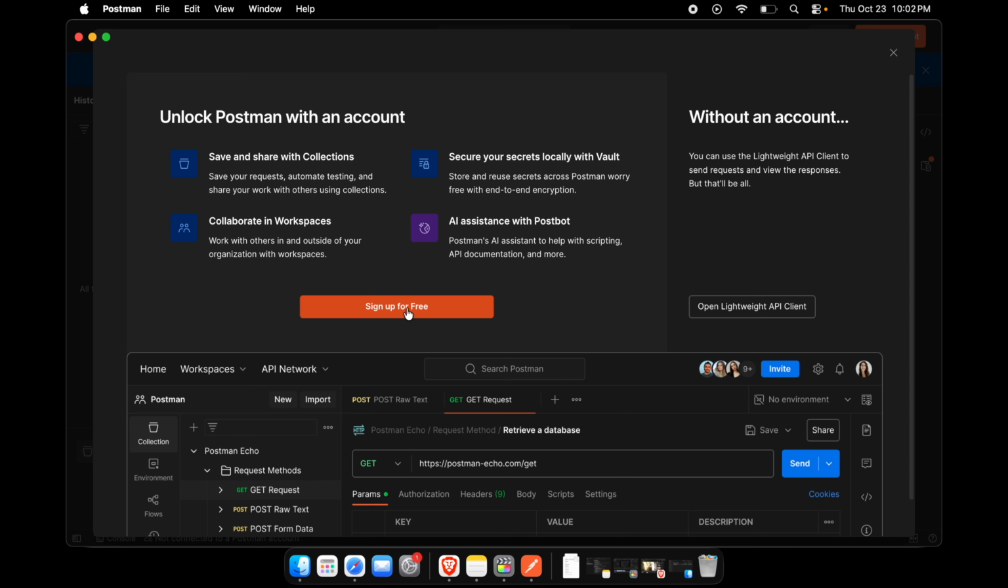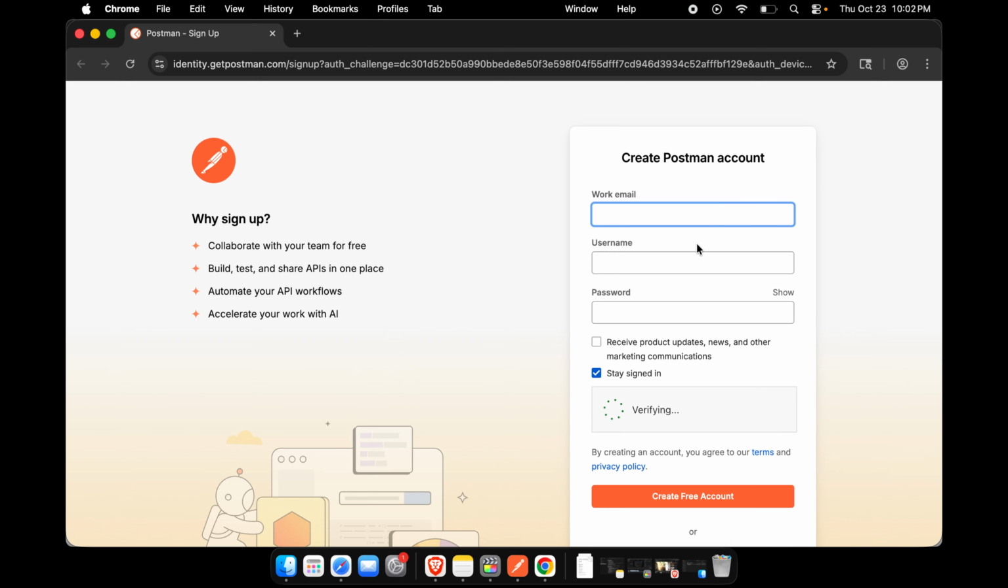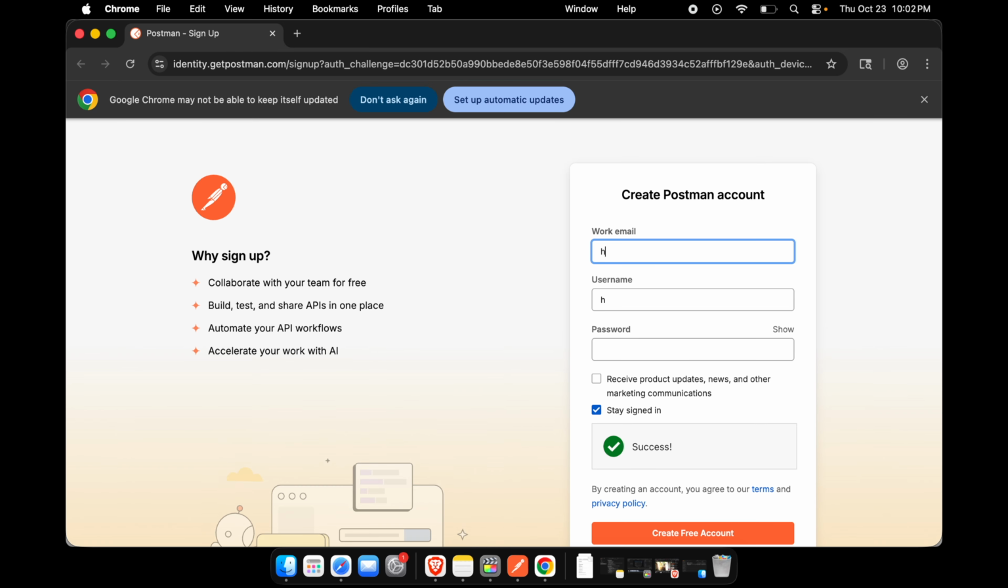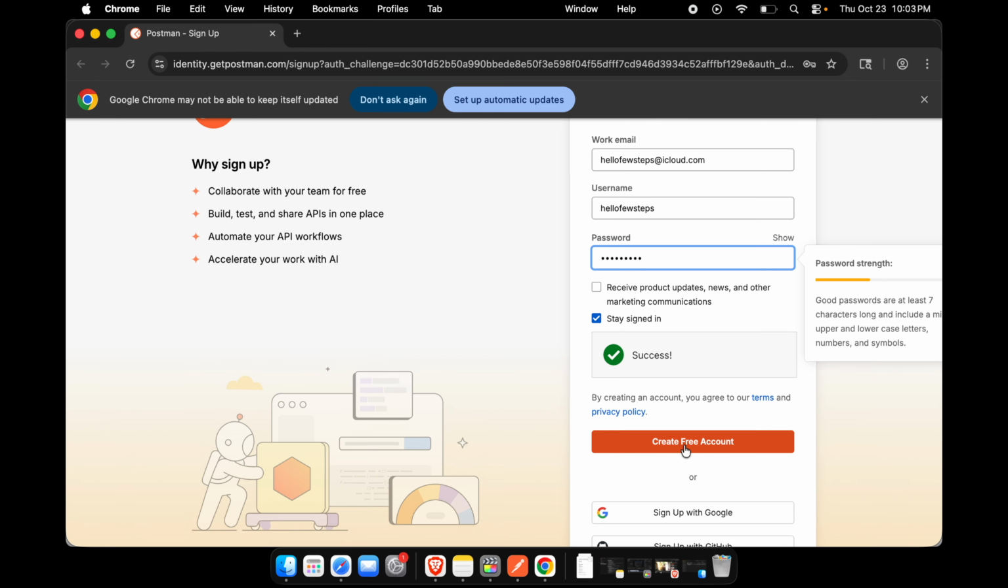I'm going to click sign up for free, and it opens the browser, asking to create a Postman account, with a couple of settings. I'm going to use my email address, which is helloFewSteps at gmail.com, not Gmail, this iCloud account. This is the username, and we need to type a strong password. I just typed a strong password,